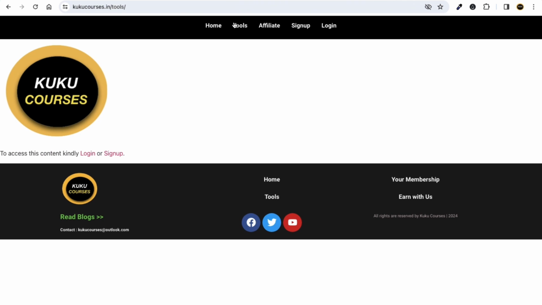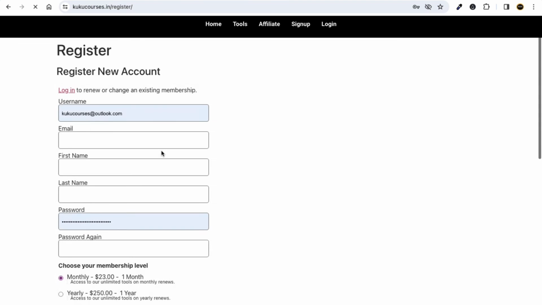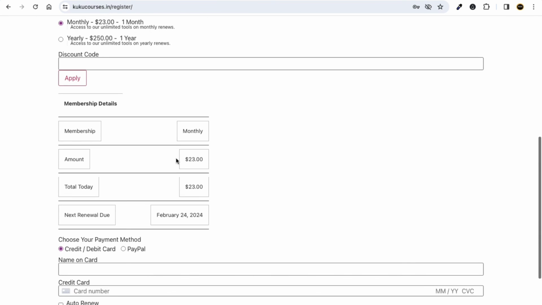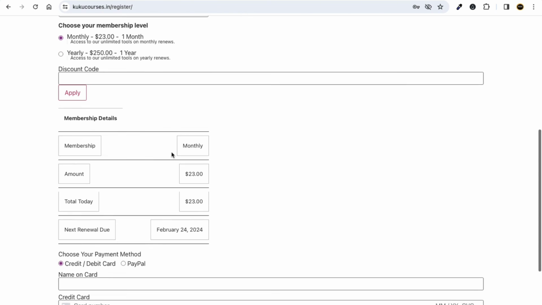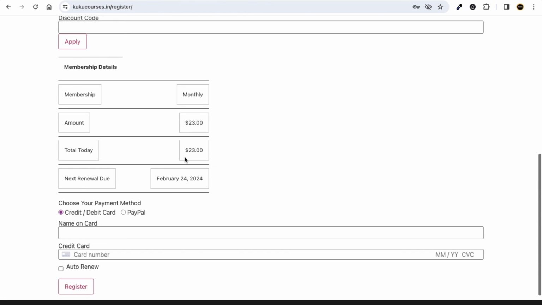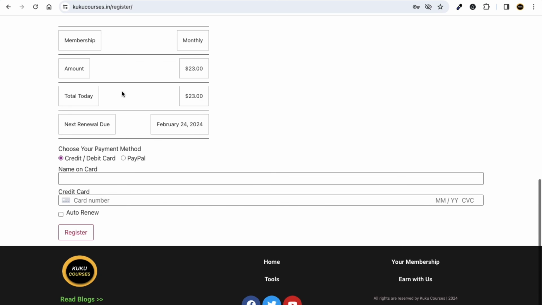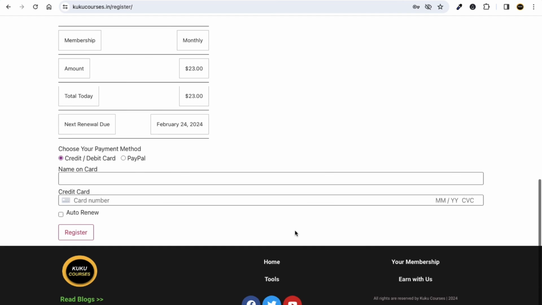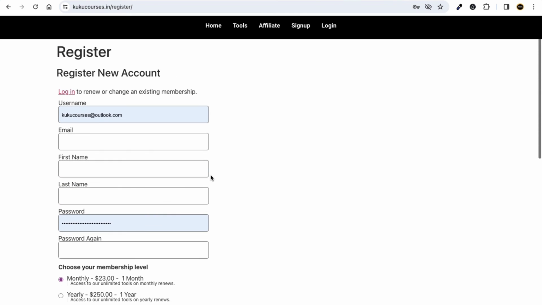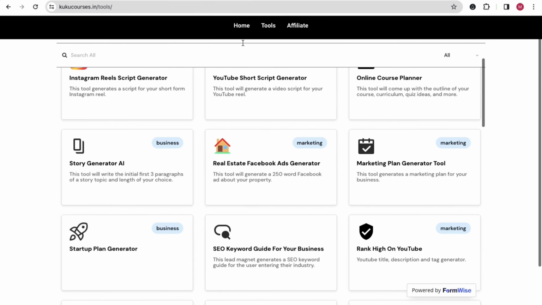They just have to click on sign up from here, or from here. When they click on the sign up button, they have to register themselves on your website and pay you. Through this SaaS business membership website you can make money. You can charge your users some amount of money like this, and when they make the payment,